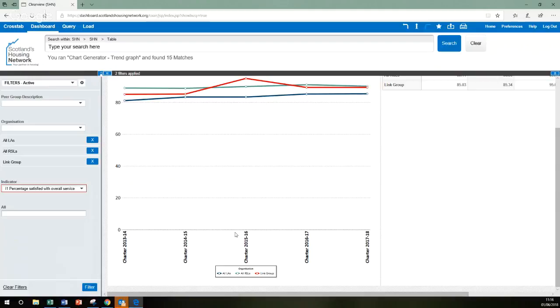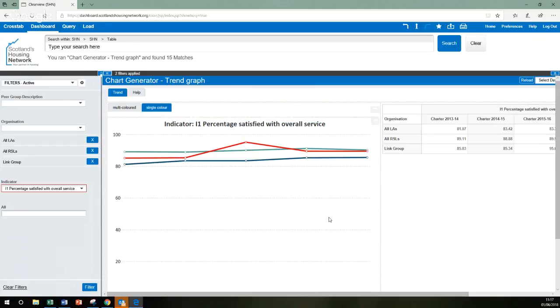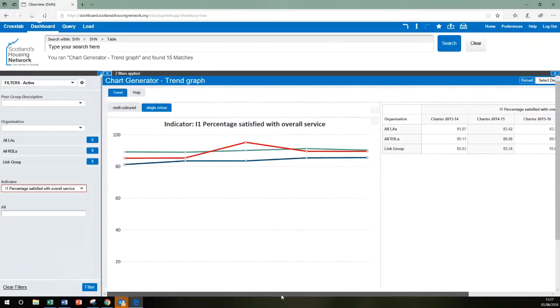So that is how you use the business intelligence tool to create charts. You've got the option of using the column chart generator and the trend graph generator. And using the trend graph, you can also see the data on the right-hand side. But one of the most common things that people want to use the tool for is just to export data and dump it straight into Excel. They want to get as much of the actual figures out as they can, and you can do that as well. So if I click on load,